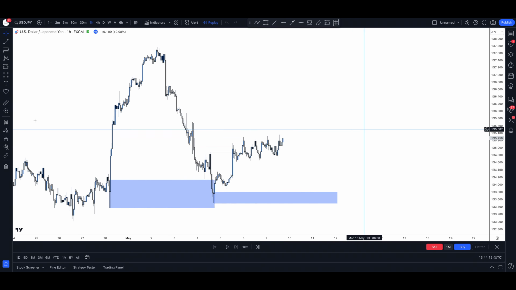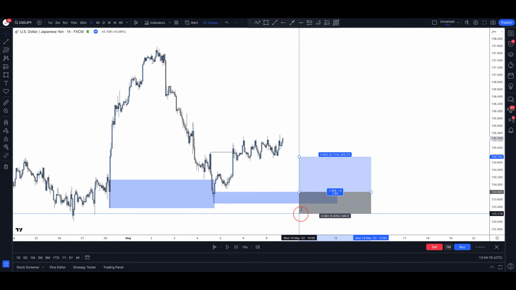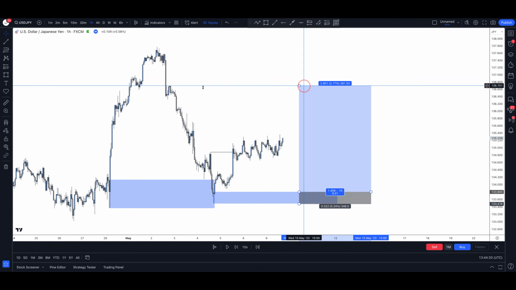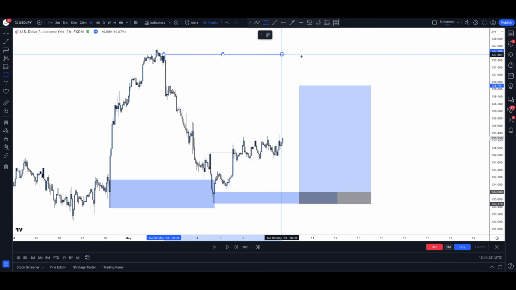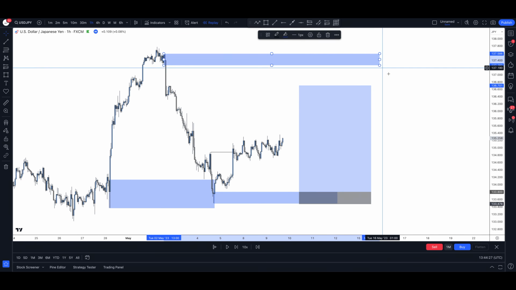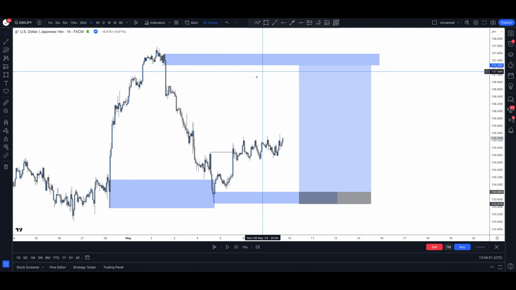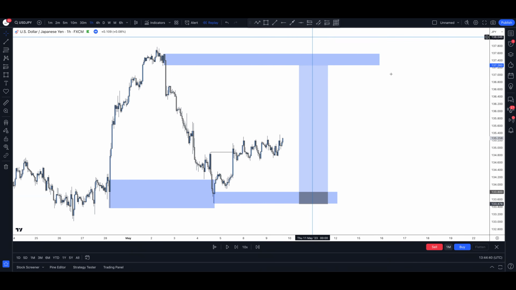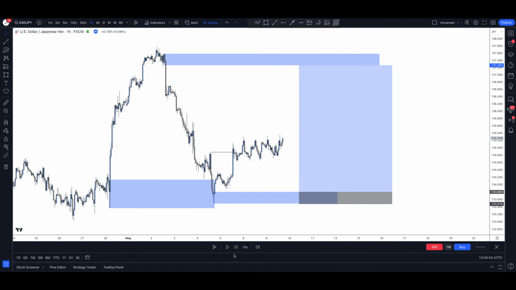So what we can do now is look for a buy from this demand because we have a clear demand zone in a clear uptrend. As we covered before, we can put our stop loss under the low, and then for targets, what could we target? Well, we could target the supply zone at the top of this move. This supply zone is very likely to be filled considering we're in an uptrend, and if it does form a reaction, we will be able to secure over 10% in profits from where we are here all the way up to this supply zone. So we can place an order just here,